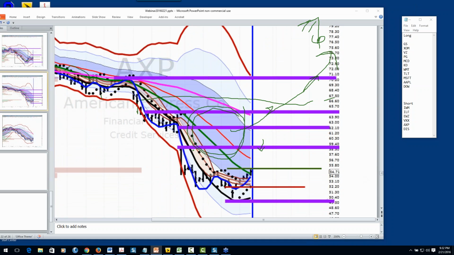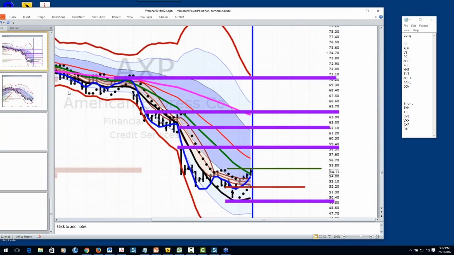AXP, I think I showed this one on the other, using the StockCharts version. I think it's prettier in FreeStockCharts. I like the styles and the color combinations better. I like that the RLXD, as we saw on the other one, the 10 has made a double bottom in